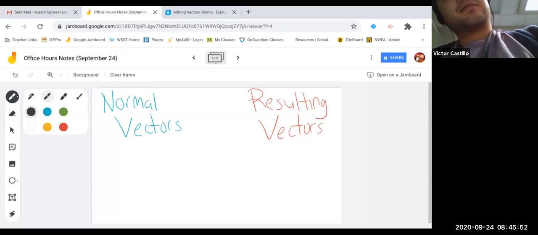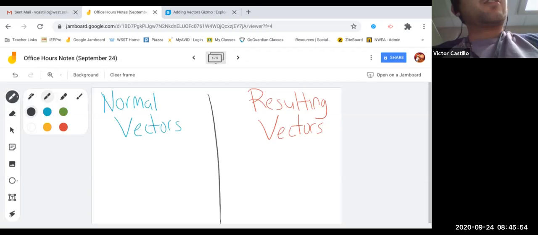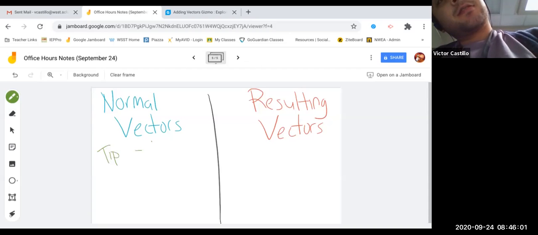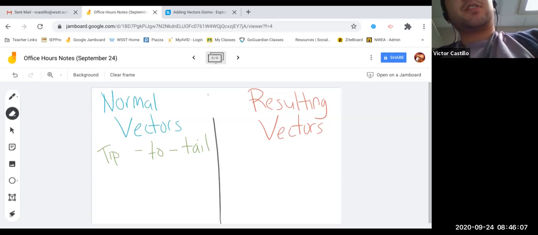For normal vectors, it's always going to be tip to tail. And in case you want to know what that means,